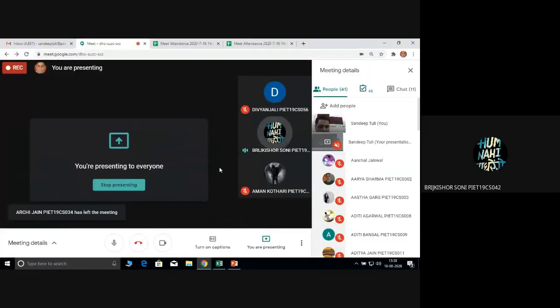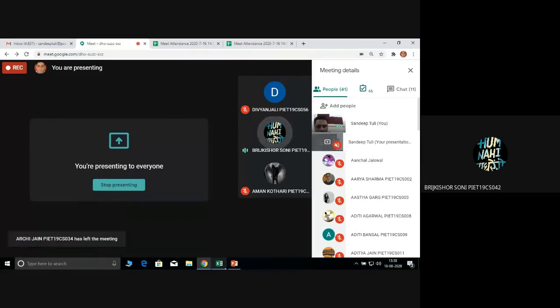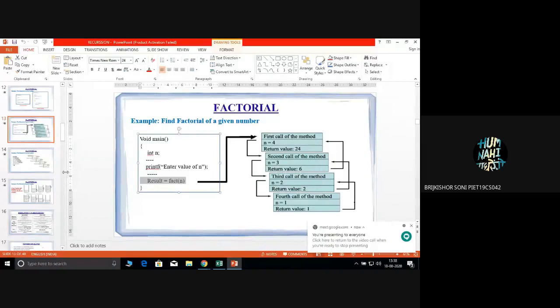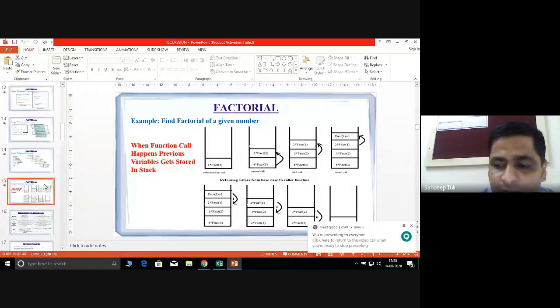I was asking whether stack will always be used in recursion. Yes, whenever we are talking about recursion, the stack is there.